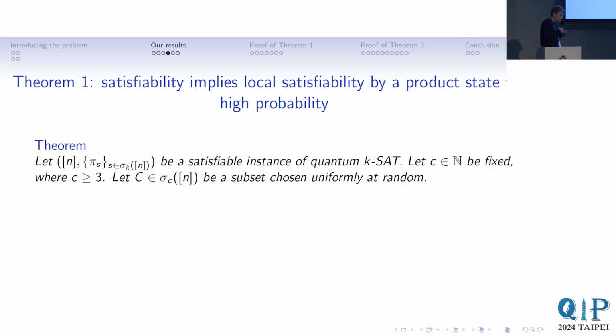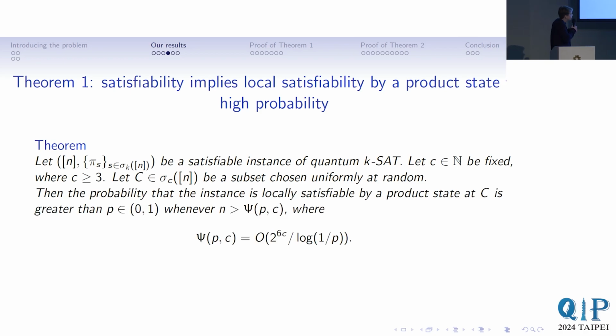So theorem one is that if you're globally satisfiable, then you're locally satisfiable by a product state with high probability. So say you've got some instance of quantum K-SAT, which is satisfiable, and then you fix some constant C greater than or equal to 3, and we're going to choose a subset of the qubits uniformly at random of size C. Then the probability that the instance is locally satisfiable by product state on that subset is greater than p whenever n is big enough. So whenever n is bigger than this number n_{p,C}, which is of the order of 2 to the 6C over log 1 over p, so whenever n is big enough, you're locally satisfiable on constant size subsets by a product state,